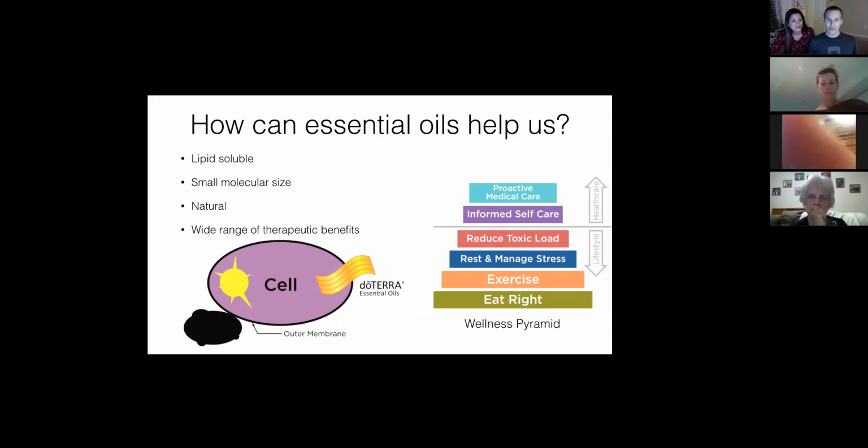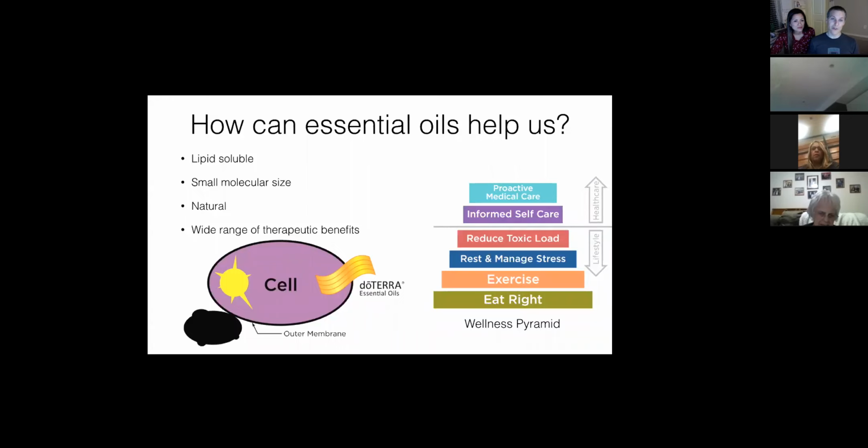Because essential oils are very small molecular particles, they're very different from other things we take for therapeutic benefits, like drugs, for instance. They're small, they can go through the membrane of our cells, through our blood-brain barrier. They're natural, so our bodies recognize them, and our bodies know what to do with them, and they deal with them in a very good benefit. And hence, they provide a very wide range of therapeutic benefits without the side effects that you may experience through other sort of